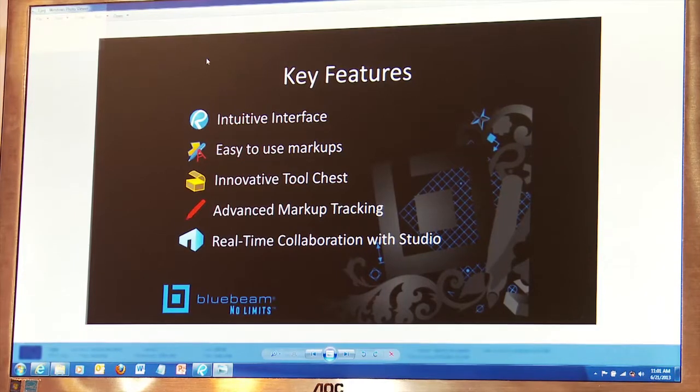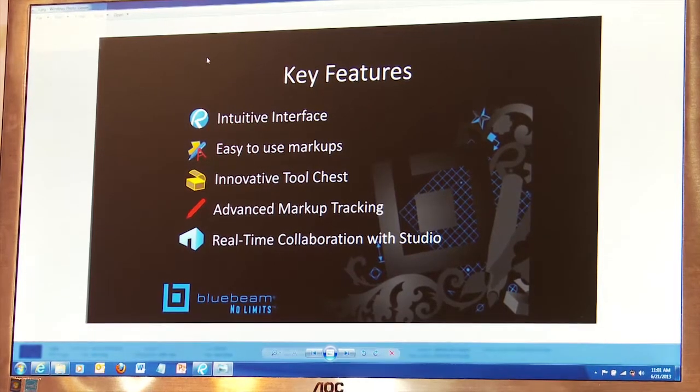And I think besides the intuitiveness, it's just how easy it is to use markups. There's a very cool feature I'm going to show you in a second called the Tool Chest, and also a way to keep track of the markups, which is a very key feature for architects and engineers. And I think one of my favorite ones is the real-time collaboration through a feature called Studio, which allows for